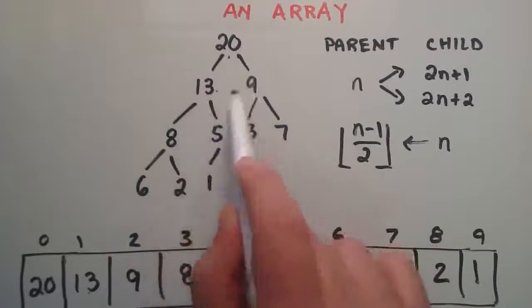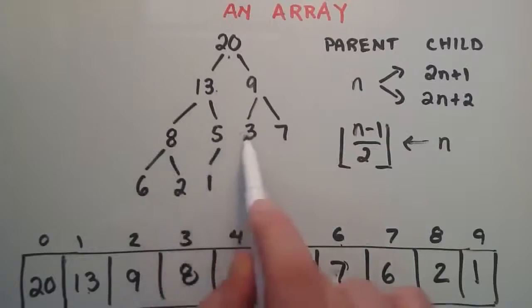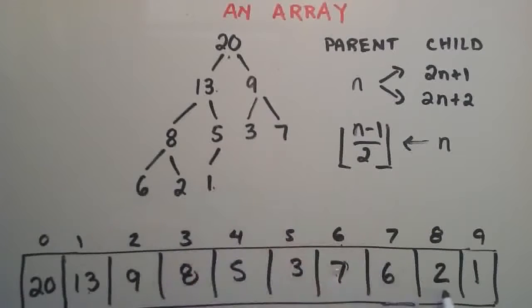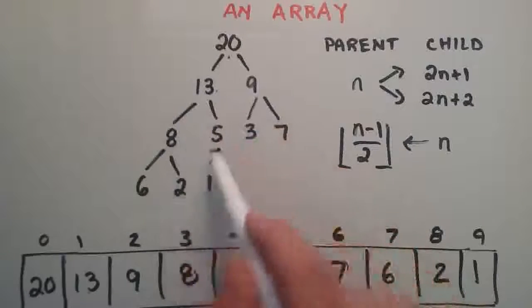So 13 and 9 would come next, 13 and 9 are there, and then 8, 5, 3, and 7, and then we go down to the bottom row, 6, 2, and 1. So it's pretty simple to see the relationship between the tree and the array when you look at it that way,